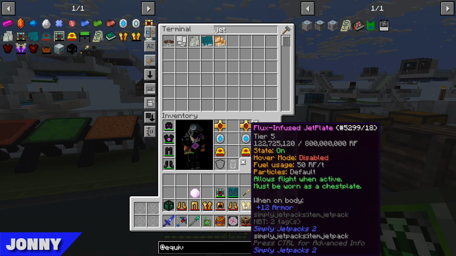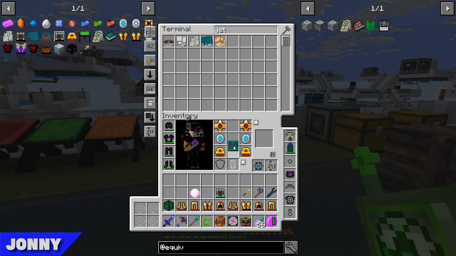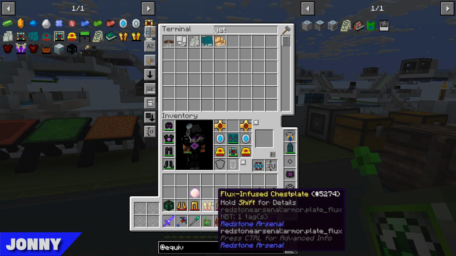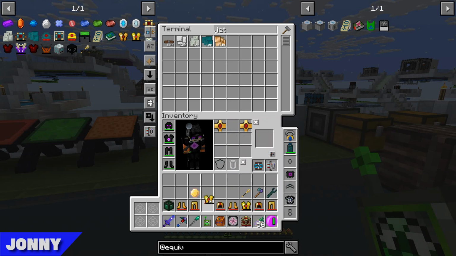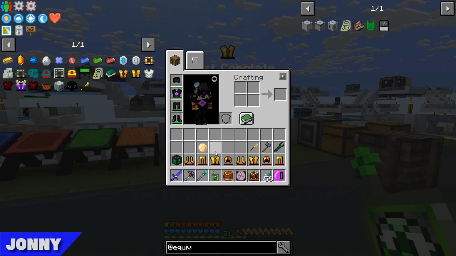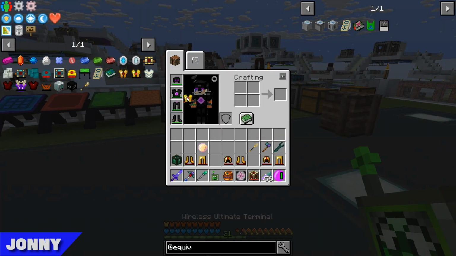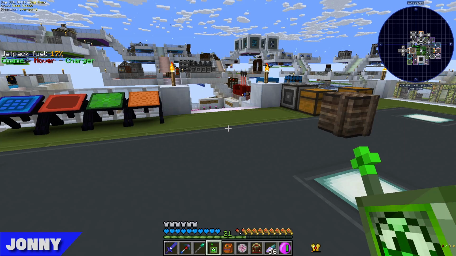And the really awesome thing about this as well is this actually only uses 50 RF per tick versus the 8,000 the previous tier did. Yeah, that was quite a lot. I don't really understand the logic there, but that is both of them upgraded. You kind of want to try it out. I will chuck it in the system for you if you want. Yep. I've not actually looked around with this. I think it might conflict with the...